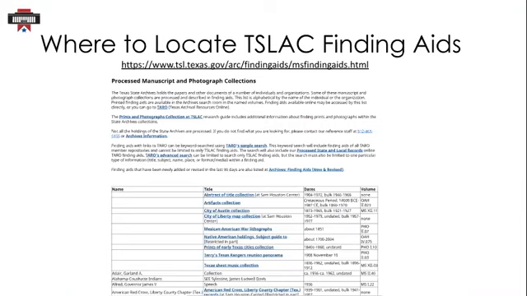So this is a screenshot of the top of the processed manuscript and photograph collections webpage. The links under the title column, just the same as the other page, will take you to finding aids that are available online through TARO. And again, you can search this list of finding aids using the Control F or the Command F function on your keyboard